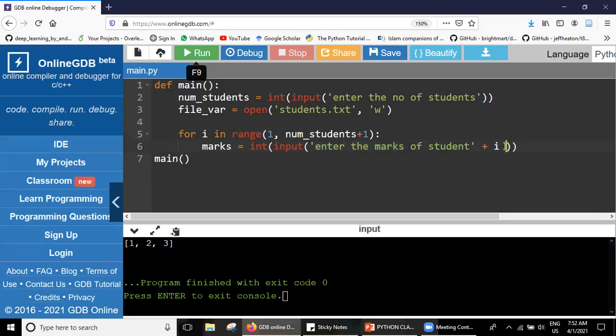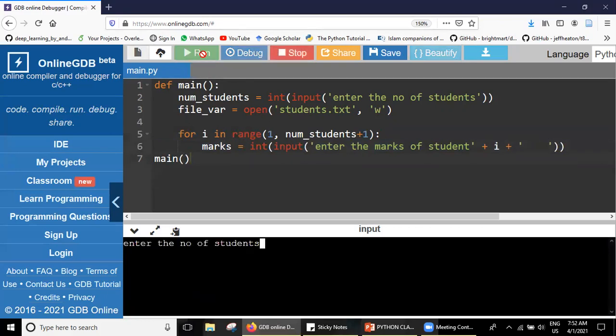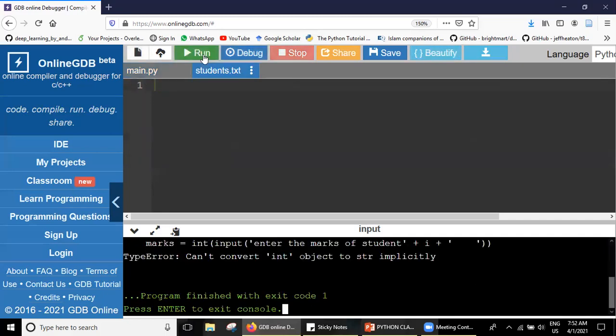Last time we have seen with one example, right? So let me give some space so that the number that we enter comes after some space. Okay, now I hope any one of you will be able to answer why it's giving me some error here. Let me take the number of students as 6, and then it gave me the error.